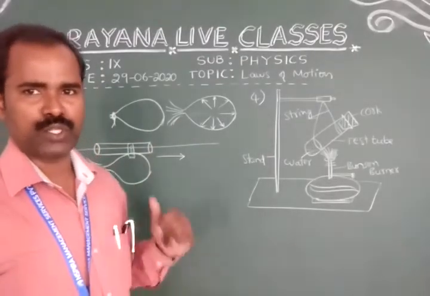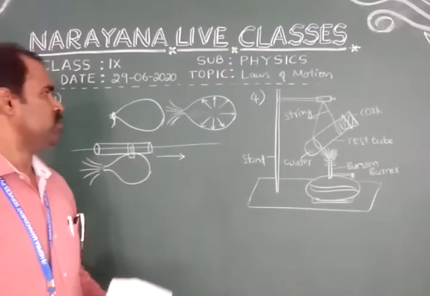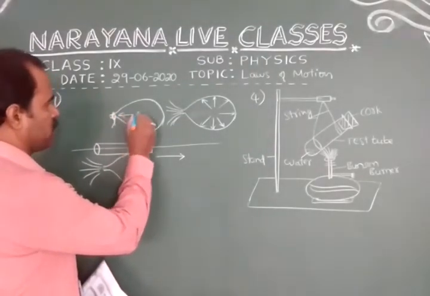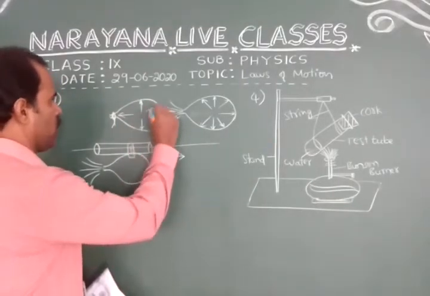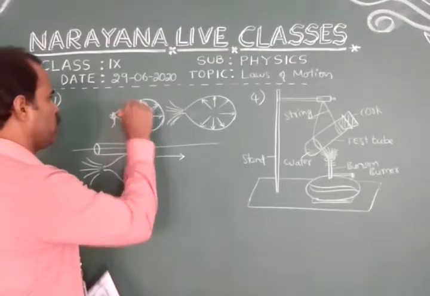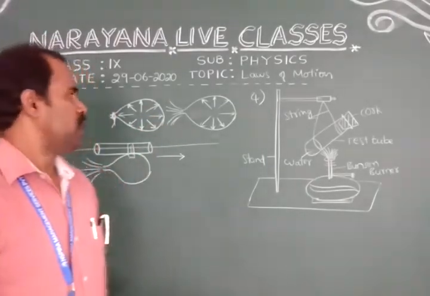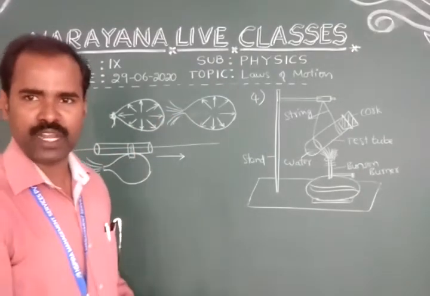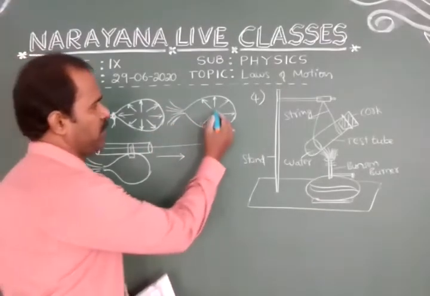What happens, once you see? First you inflate the balloon. All that air inside the balloon exerts forces in all the directions, and all those forces are in equilibrium. Whenever you release the tag, what happens? The air comes out, and the remaining forces